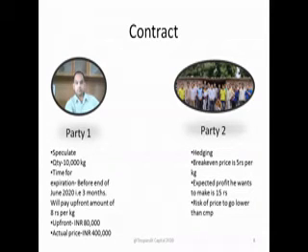Then we would like to first understand what party one is doing and what party two is doing. Party one is speculating that the price of onion will go up, and party two is trying to curb its downside. He doesn't want to sell onions at 10 rupees. He doesn't want to sell onions for less than 20 rupees. So he wants to hedge his price. That's what party two is trying to do. Okay, party two is more into hedging. Party one is into speculating.